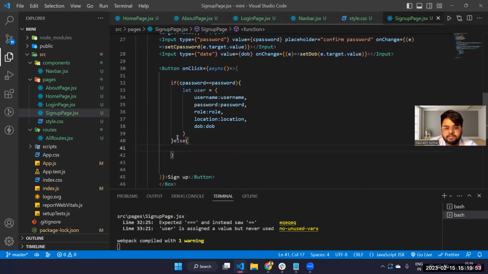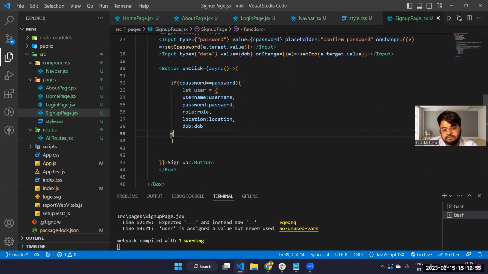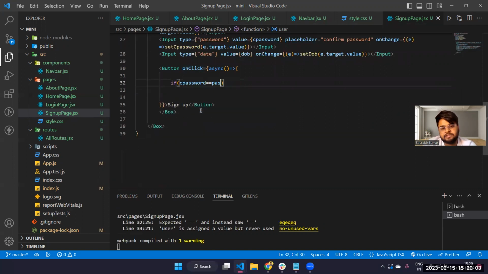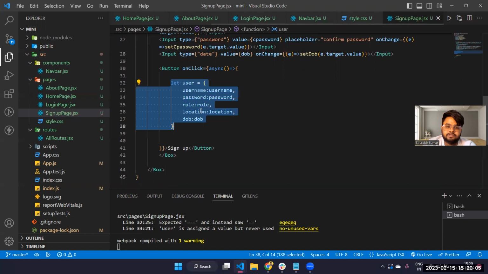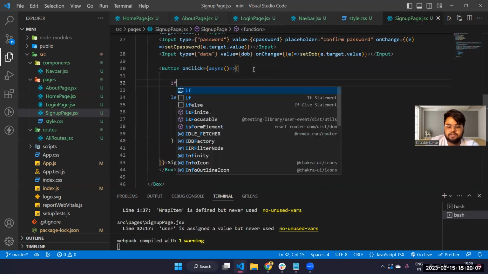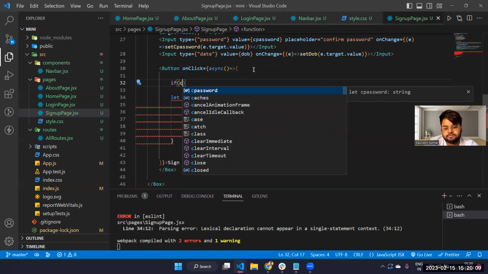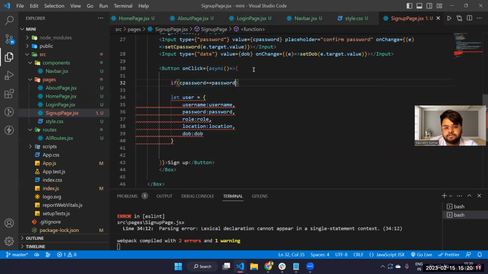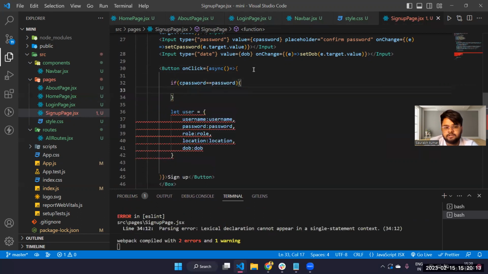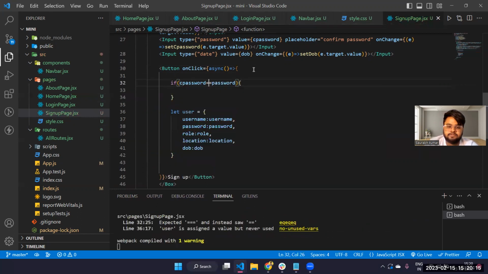Else we can simply check it here. If cPassword is not equal to password, then we will say